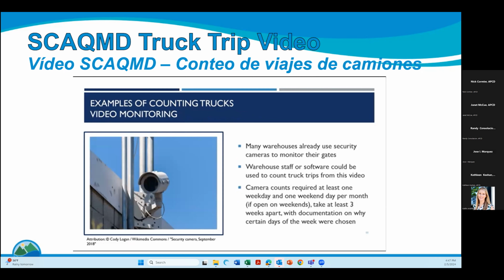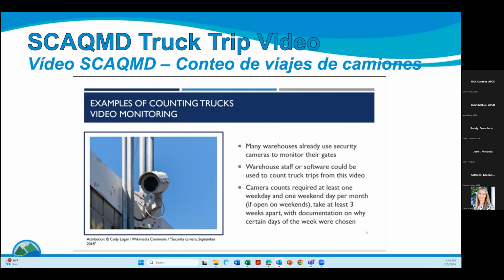Video monitoring may be convenient for warehouse operators, particularly at warehouses that already use security cameras to monitor their gates. Representative peak period sampling may be useful specifically for this method, as described here. See the WARE Implementation Guidelines, page 4, for more information on how to conduct representative peak sampling. The WARE Implementation Guidelines are available on our website,